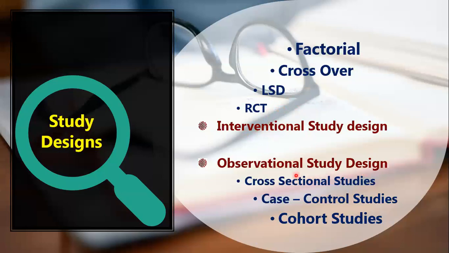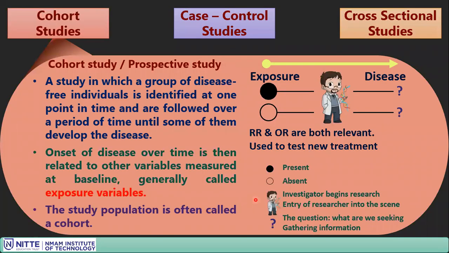The event happens on its own, outcomes happen, and he is going to observe and tally the data. He is going to observe, measure the frequencies and tally the information. So he has no control over the subject assignments, but to a certain extent he can allot, that's it. Likewise, there are three main types of observational study designs: cross-sectional study designs, case control study, and cohort studies. So let us look into this in detail.